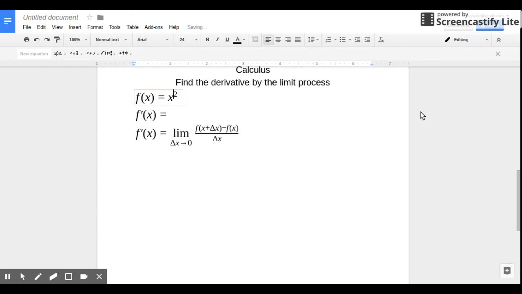x squared. And also, let's rename our function. We'll call it g. How's that? Doesn't have to always be called f. We'll call it g. Okay. And of course, we're looking for g prime of x. Now, if we do this, we must just go ahead and